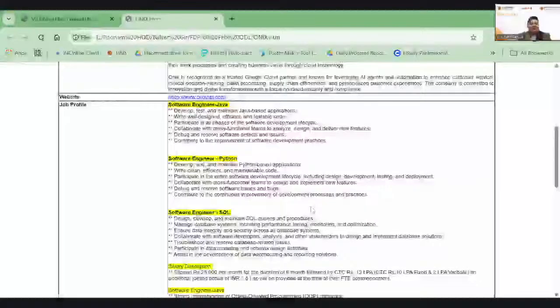For example, for the software engineer Java profile, the company is stating that this person would be responsible for developing, testing, and maintaining Java-based applications. Now, this is also giving me a hint, students, that when you're designing your CV, Java as a skill set has to be there. In case it is not there, then definitely it's going to be a challenge. Other than that, if you see all the other pointers mentioned over here, the person would be responsible for designing, writing efficient code,